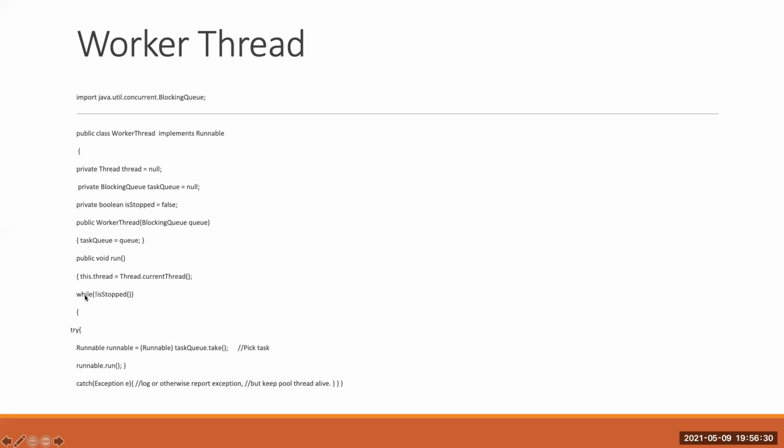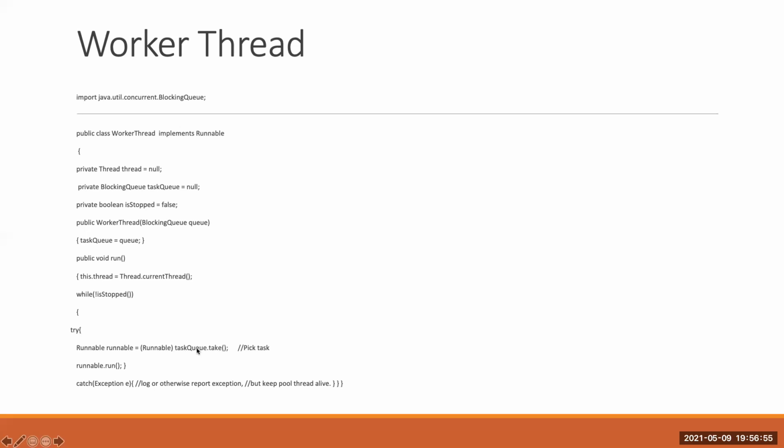Then in the run method, it will check whether anyone has requested that the worker thread be stopped. If the worker thread is not stopped, then the first thing it will do is pick the task from the task queue.